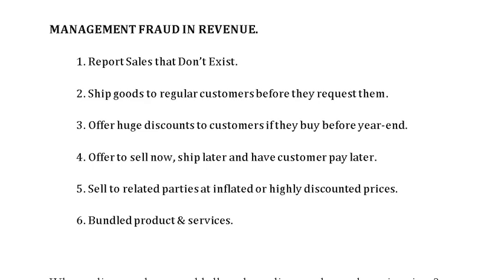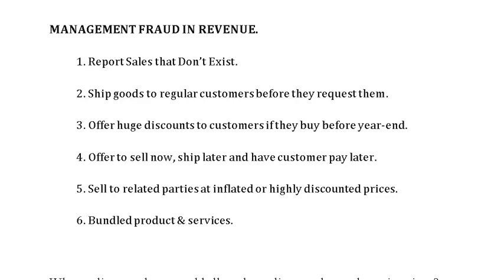Let's assume we're talking about a client whose financial year ends on December 31st. So they ship goods December 30th. Customer might not get them several days later, calls up and says, hey, this truck just showed up with a bunch of stuff I didn't order. And the client might say, well, you're probably going to order that stuff anyway, so just hang on to it, and whenever you're ready for it, then you can call us and we'll set up the payment. That's a pretty good one, right? Because the customer might not complain. The auditor might never be aware of that arrangement.